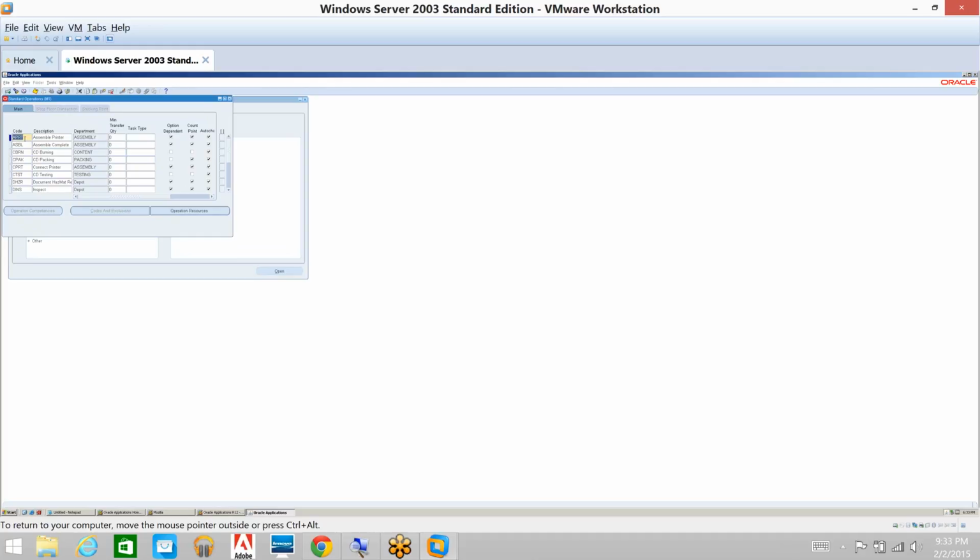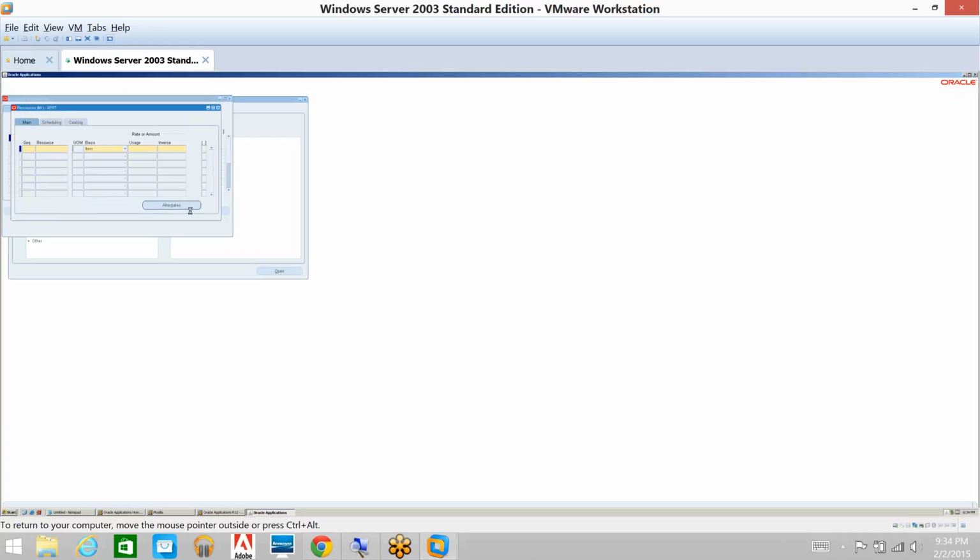For welding, I can give a code WLD, whereas the description is welding. Whereas the department, the welder comes from the welding department. I define a department, so I will assign a standard operation like welding WLD, and give the description, and this operation will be conducted from the department, and in this department, the resource responsible for welding, you have to click here and assign the resource here. See,